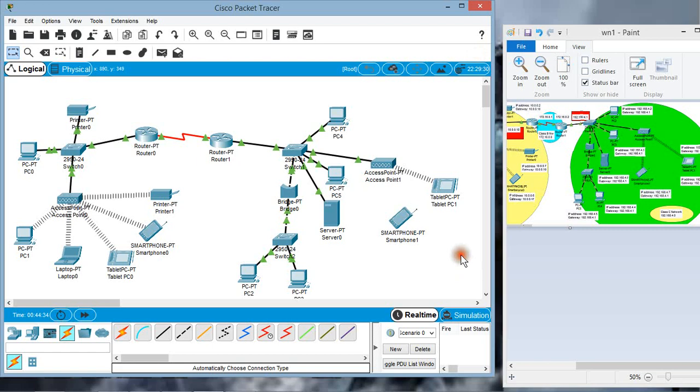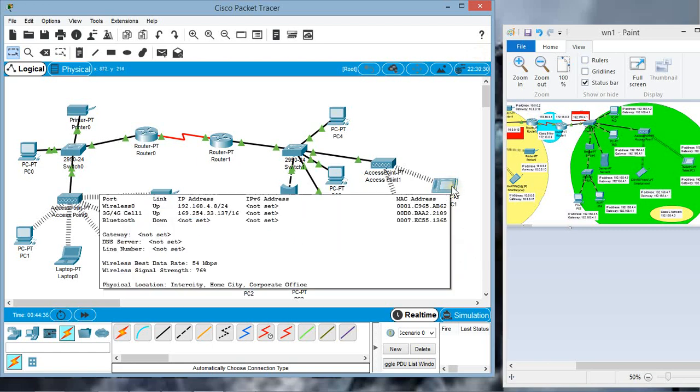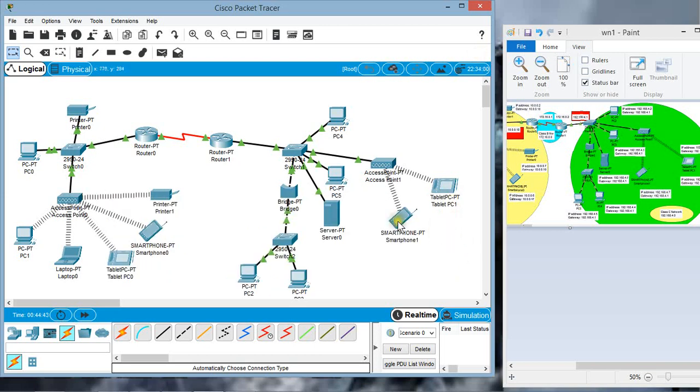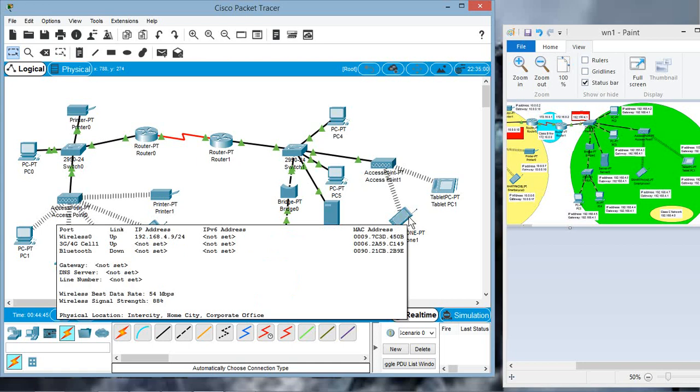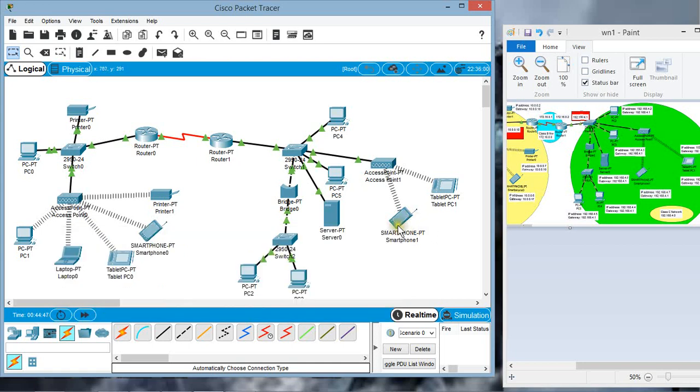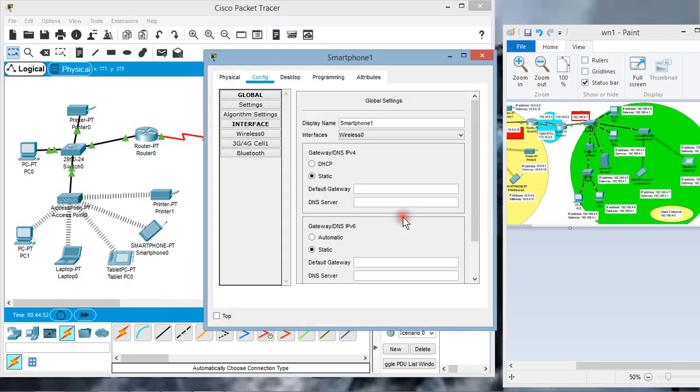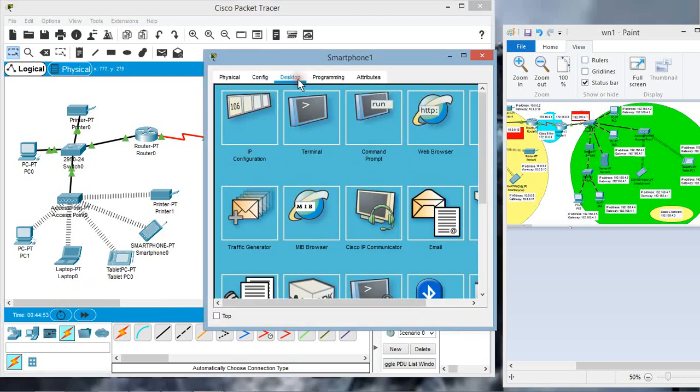Now let's check whether these computers are up with the IP address. Yes, this wireless tablet is having IP address 4.8 and the smartphone is having IP address 4.9. Now let us check the connectivity between these two devices by using the ping tool on this desktop.